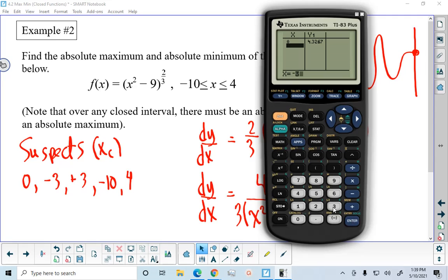What about -3? Or 3, or what was the other one? -10, which is where the function starts, or 4. Which of those is biggest? Well, the one where x is -10 is the biggest y value. So the maximum value of the function